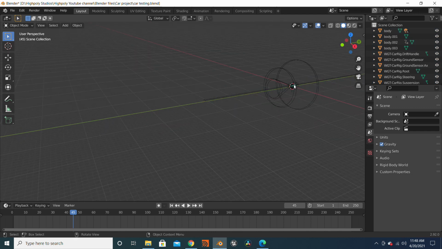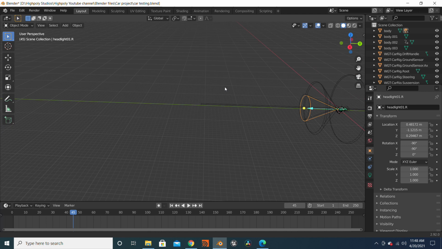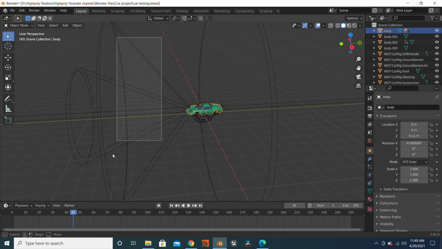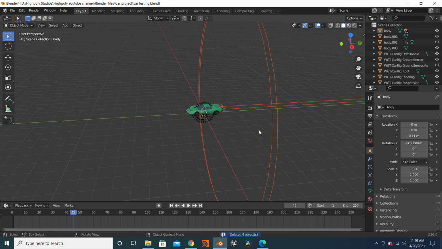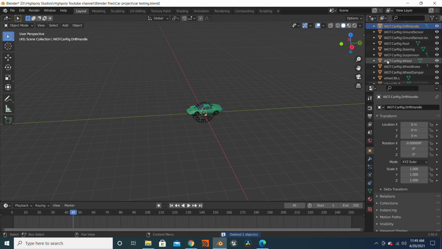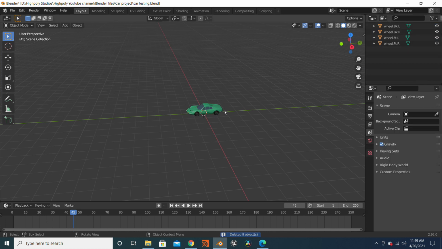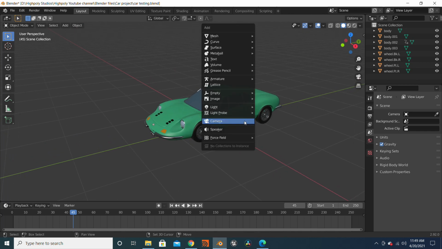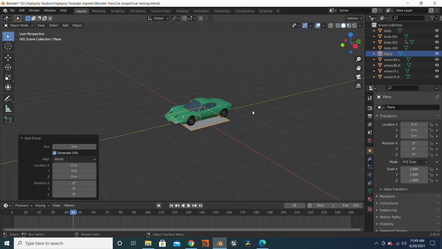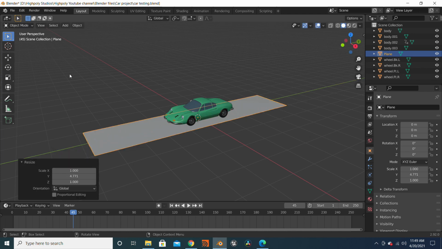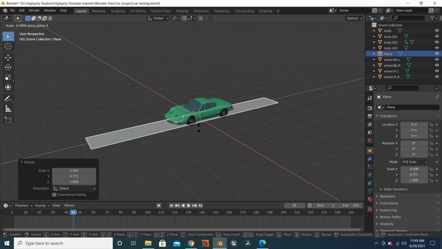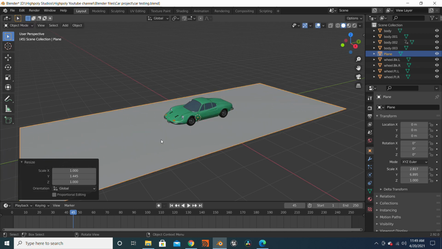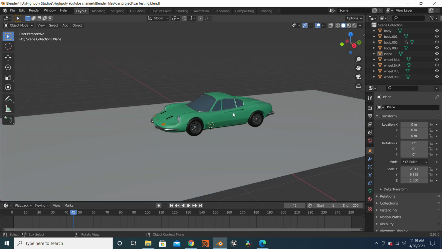So it's a green Ferrari. I'll be deleting these extra stuff because I don't need them. All this extra stuff I'll be deleting because I don't need them. So delete, and I'll create a plane, make it the ground surface. Good. Alright, so